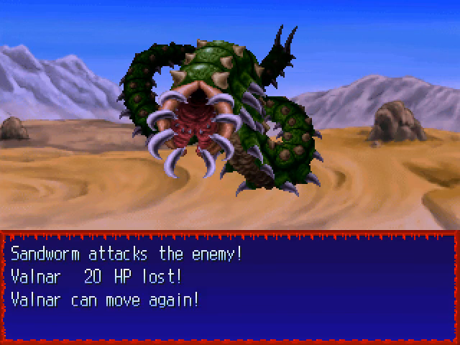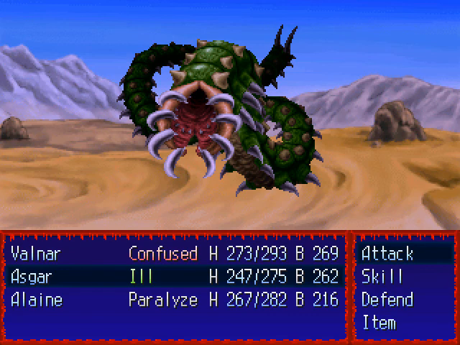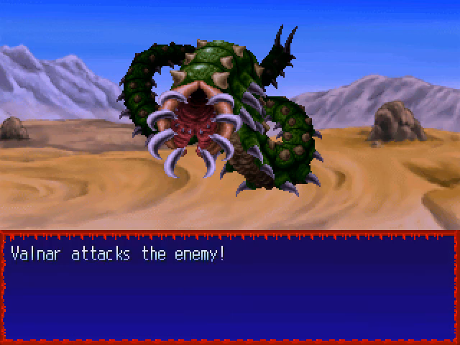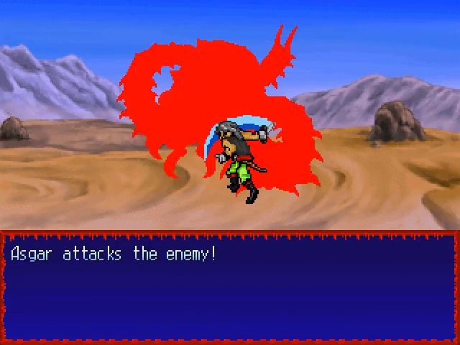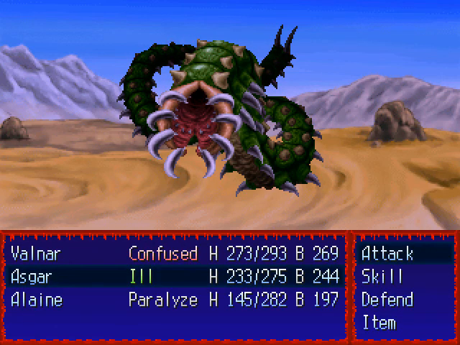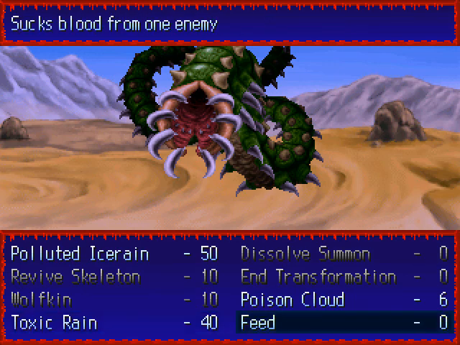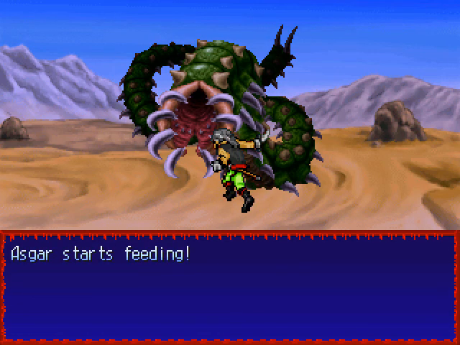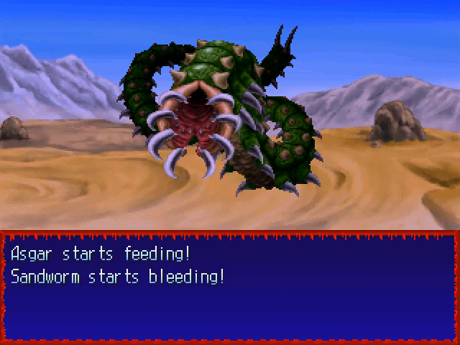Yeah, this guy here, the Sandworm, is pretty much immune to... Well, okay, it is resistant to fire, poison, light, shadow, blind, and paralyze. But I guess you can put it to sleep? I don't know. And... well, I guess you can make it bleed, so let's try that. Yeah, but its cure ability, I believe it can cure the bleeding status, so it should be...